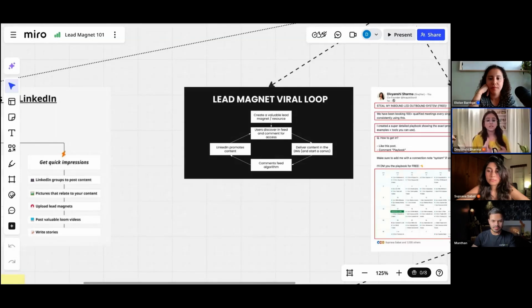One being like, one being comment, one being repost. Now, if someone likes your post, take it as you get 1 point. If someone comments on your post, you get 2 points. If someone reposts your post, you get 3 points. So that's why when people put out a lead magnet and say, comment this XYZ word, the algorithm keeps feeding it to other profiles, and it performs pretty well.